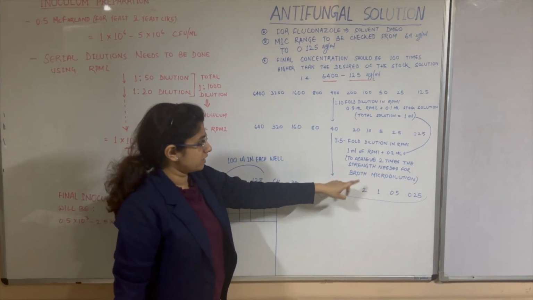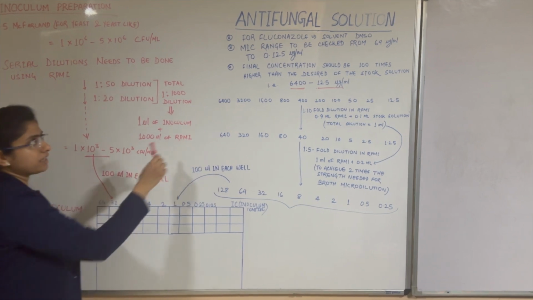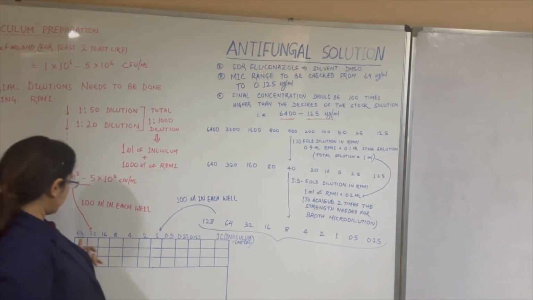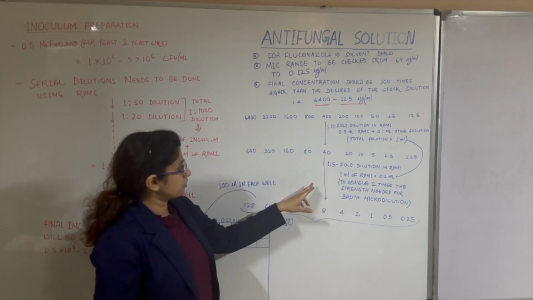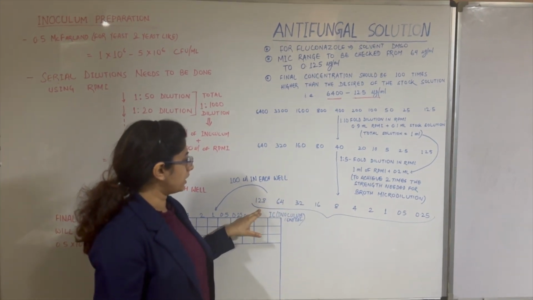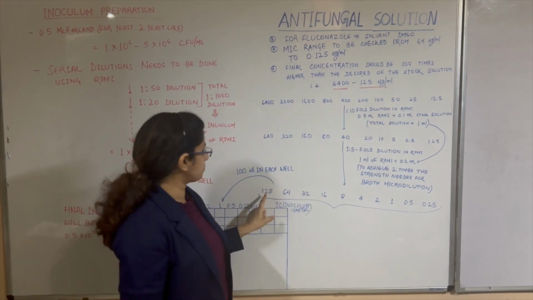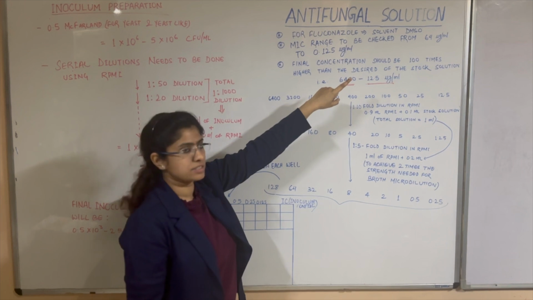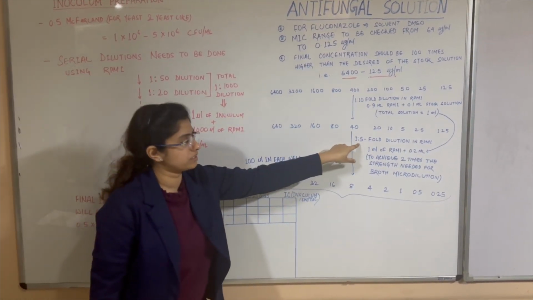This strength is again double the strength needed for the broth microdilution, because the final concentration we need in the broth microdilution well is from 64 to 0.125. After doing this 1:5 fold dilution, the concentration we are getting is 128, 64, 32, 16, and so on. We can see that this 128 is double the final desired concentration. We needed 64 finally, but this concentration is 128, which is double, and hence we are doing this 1:5-fold